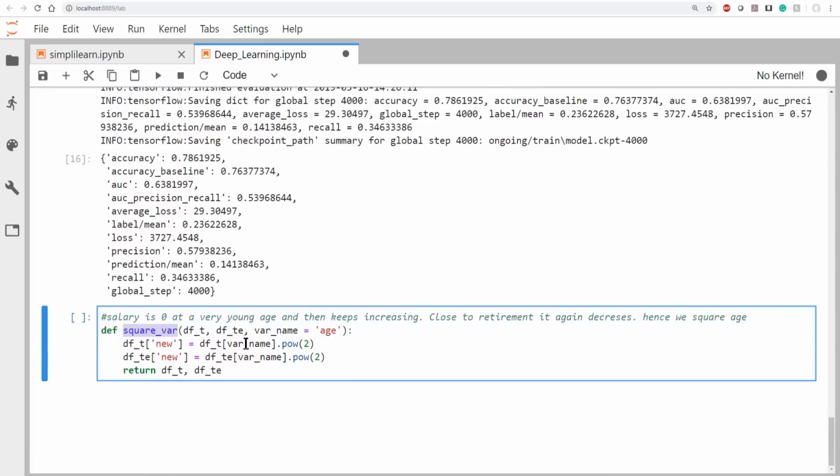And the reason we want to look into the square value of age is we know that if you really look through the data, you'll find that as a young person, the age keeps increasing. And as you get close to retirement, it begins to decrease. So we square the value of age. And that's very data specific when we're looking at data. You'll find that any kind of data that has that kind of uptick and downtick, by squaring it or square rooting it, you can get some very different results. And so we're going to go ahead and square our age.